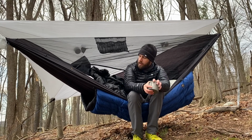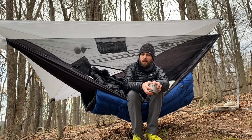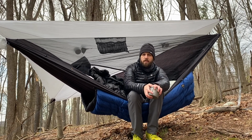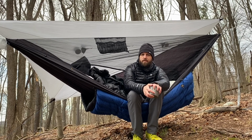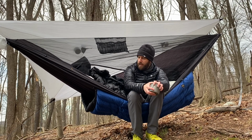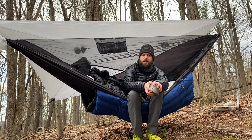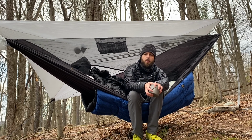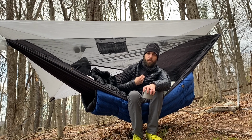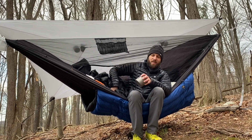Good morning. Felt so good to be out here last night, and I slept really well. Had a few raindrops, not anything too significant, so I didn't need to close the doors on the tarp at all. Ended up just keeping it pitched the way that it was last night. Under quilt worked really well. Got down to about 39 degrees, but I stayed very warm with the Ghost Whisperer and the 200 weight merino wool shirt, and the 40 degree Costco quilt worked really well,